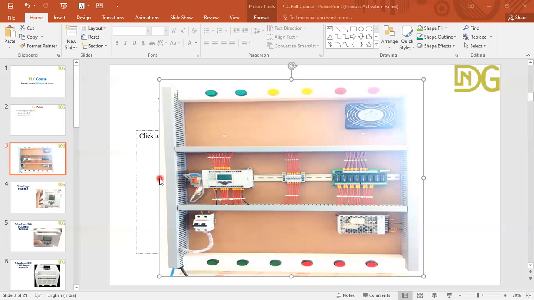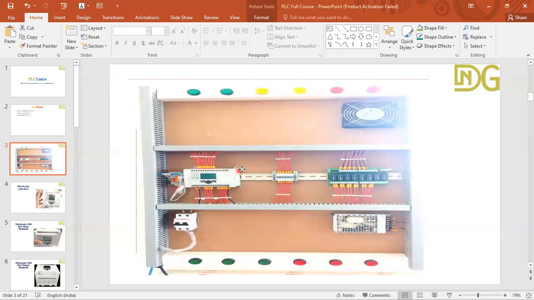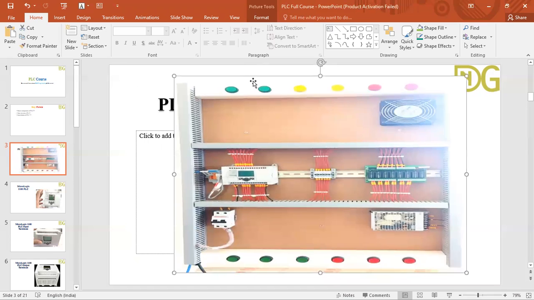Sorry, I'm asking about the port that will take instructions from your computer to this PLC. This one, I highlighted it. This cable is connected to our PC.